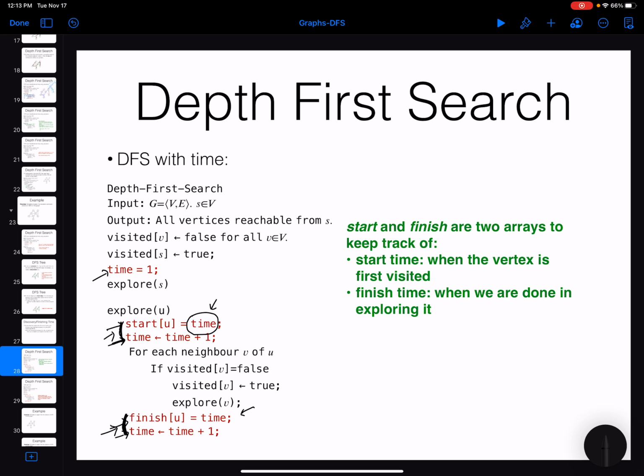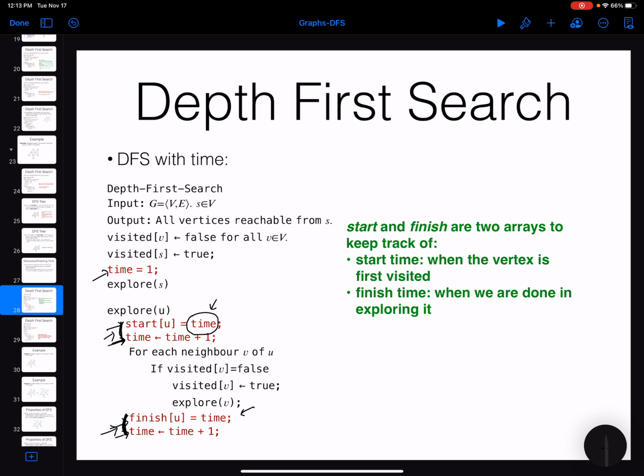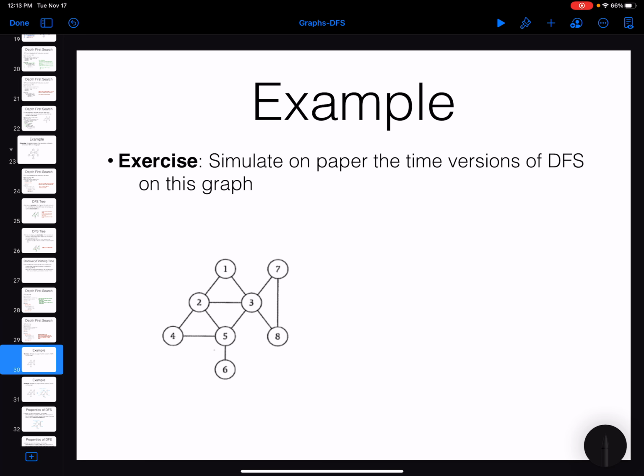Always record, then update, record, then update. So this is going to cover and keep track of all the times that you are visiting a node and you are actually coming back from the function call and finish it. Let me execute this over this algorithm. This is going to be nice to see how the start and visit are going to be set here. So you run the DFS over